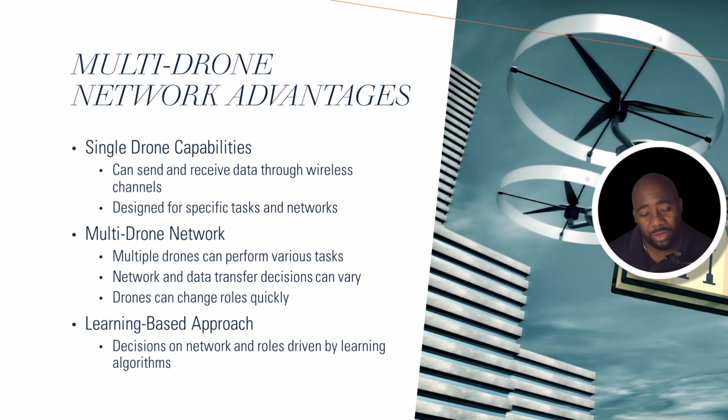A ferrying drone, on the other hand, is just meant to be there as a network drone. It's meant to be there to extend the network to the reach of that searching drone while keeping connectivity to the ground station.